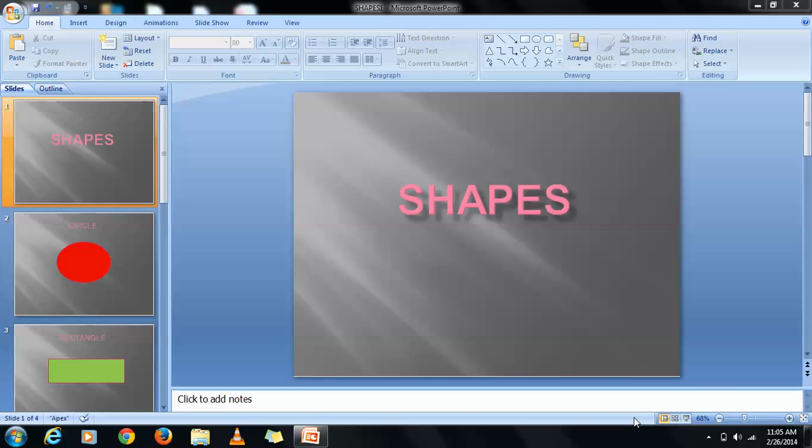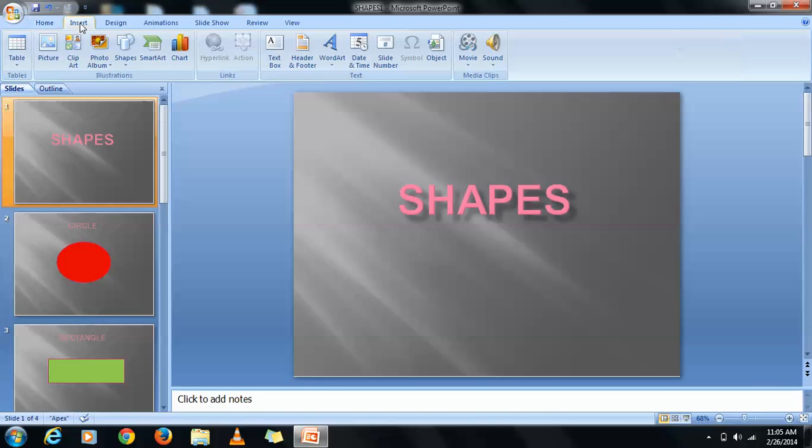Hello everyone. In this session, let us see how to use some text boxes and insert pictures in our slides. So to do that, go to the Insert tab in our toolbar, click on the Insert tab, and can you see the text box here? When you click on the text box, it will help you to draw a text box here to include the